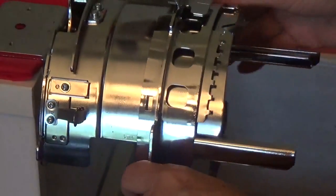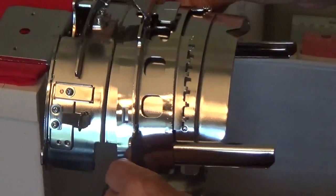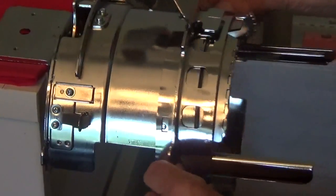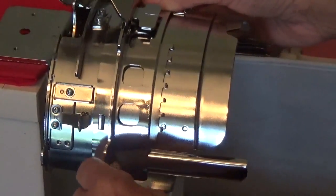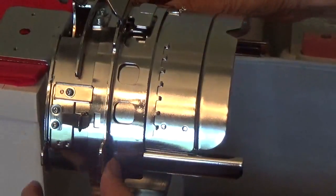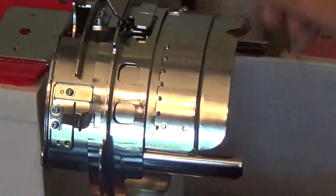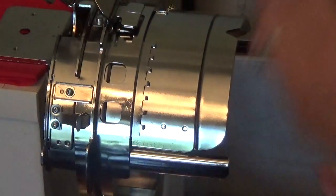If you sit it on the top like this, you have a gap here, and then when you get up there, it won't go underneath. So if you'll slide it back to you until it drops down, see it dropped? Now it's laying flat on it, and you just push it up until you get to the wheel, and I grab these little things right here on the side, one on each side, and I just push till you hear it pop into